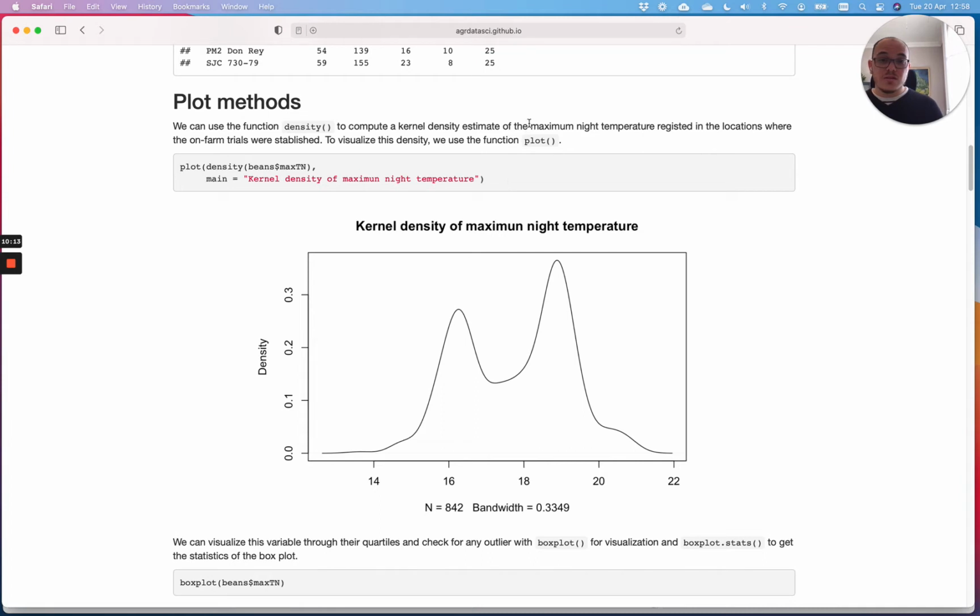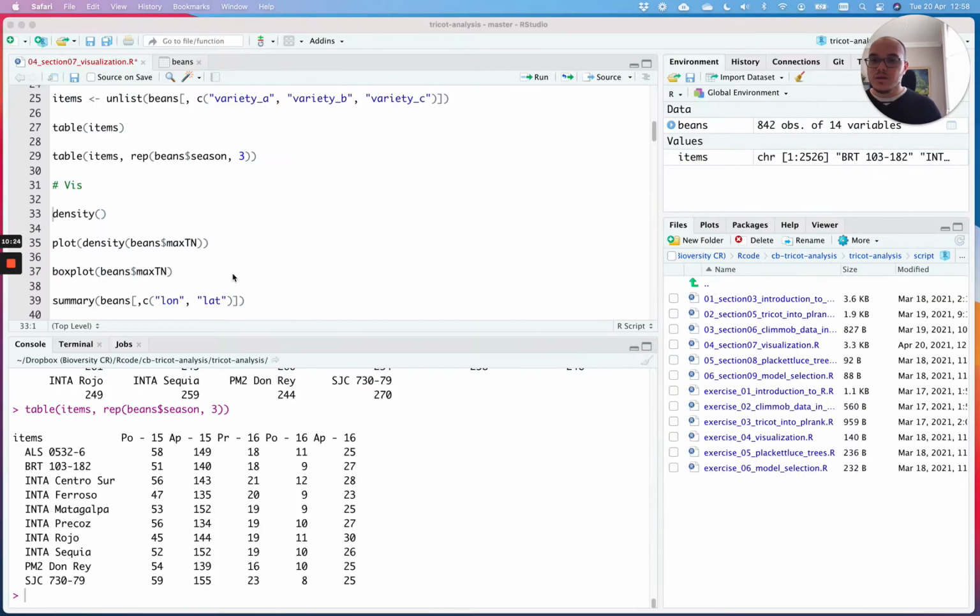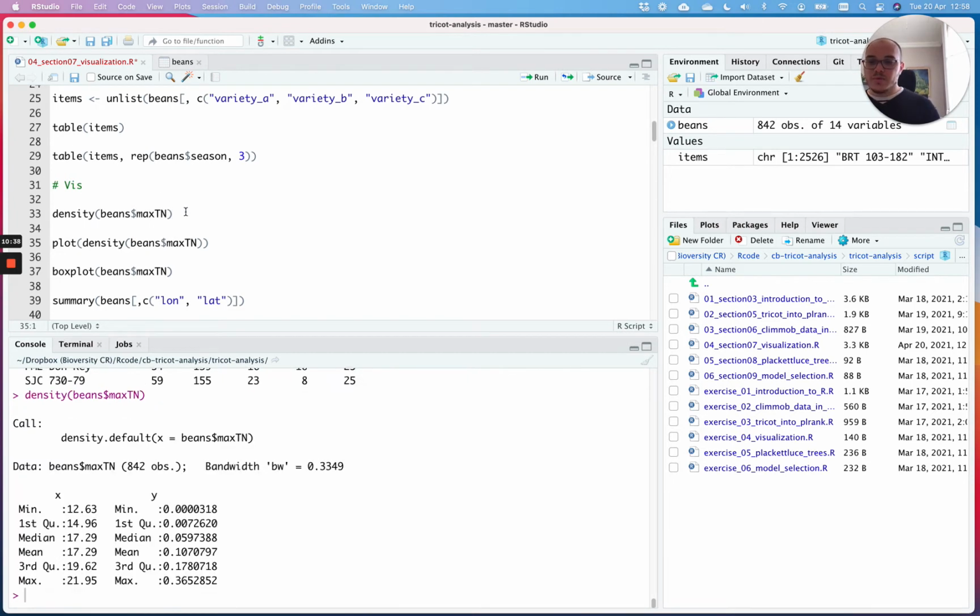In this case, we are going to make the kernel density of the maximum night temperature, which was the variable that we had registered in the data set. So we put density and beans max tn, and if we plot this it will give us the values of the density function. If you want to see it, we just need to put plot